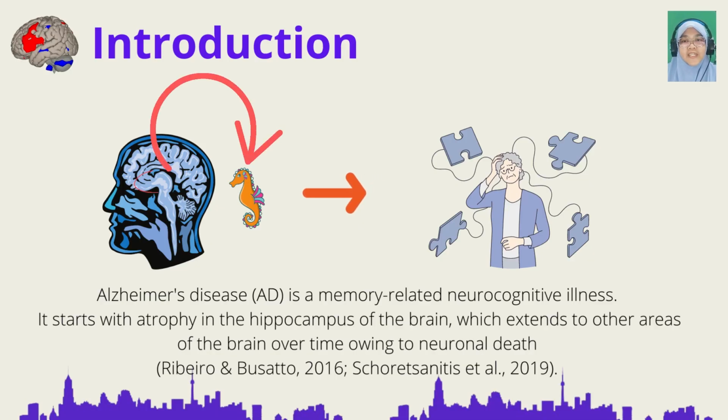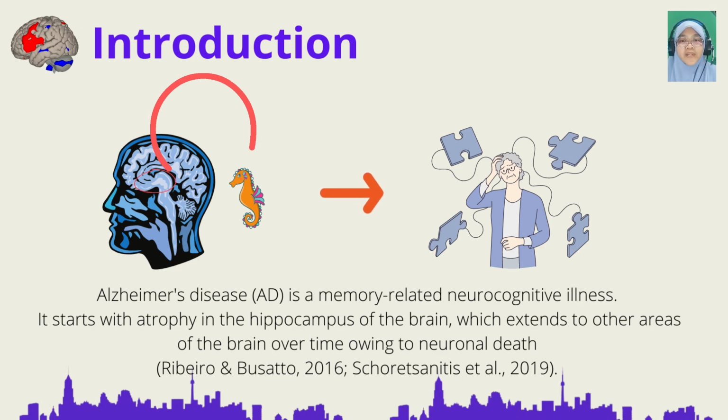The hippocampus is a Latin word meaning seahorse from Greek. It's a significant component of the human brain. The hippocampus is one of the first areas of the brain to be damaged in Alzheimer's disease. It's a memory-related neurocognitive illness which results in short-term memory loss or the inability to generate and maintain new memories. It starts with atrophy in the hippocampus of the brain, which extends to other areas of the brain over time